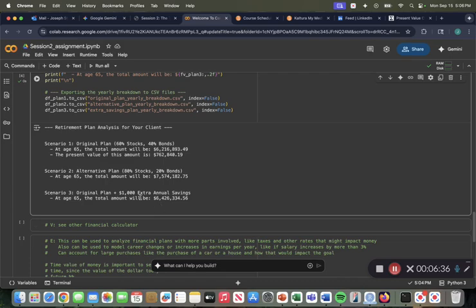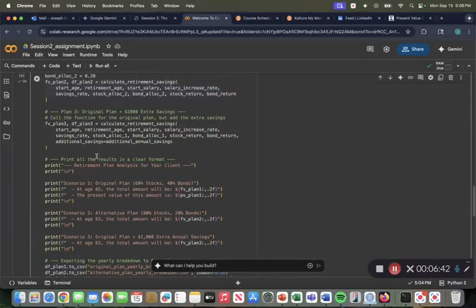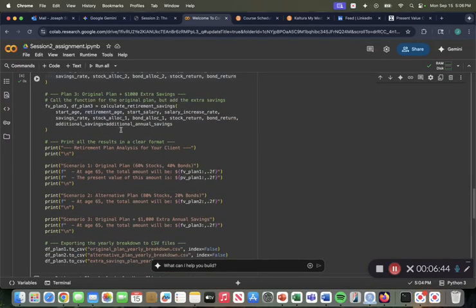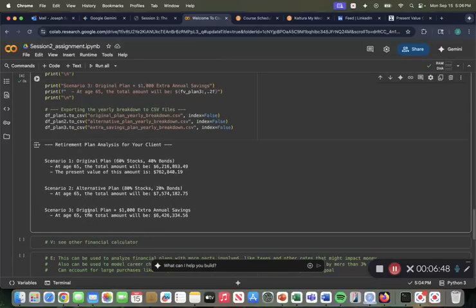And then if you use the original plan, adding $1,000 extra into your annual savings through this code right here that we generated in Python, the total amount will be almost $200,000 more. So that makes sense because you're adding $1,000 more over 43 years. So that being almost $200,000 more makes lots of sense, especially with interest compounding for you.